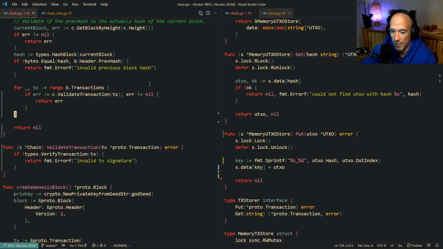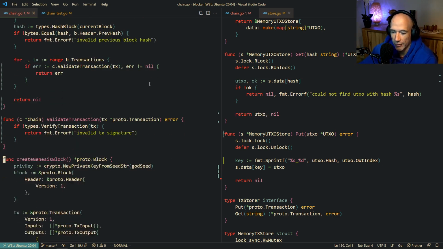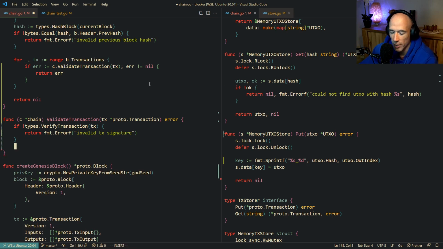Just like that, right? So we're gonna verify this transaction, and then we're gonna basically check that all this stuff needs to be unspent, right? So what we could do is actually open up this test, to be honest, and we can copy some stuff,